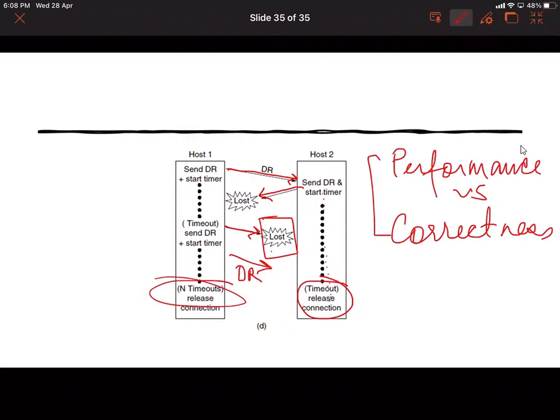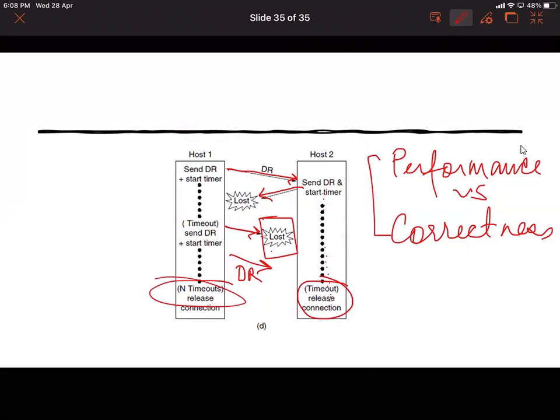Connection release is comparatively simpler as opposed to connection establishment. In connection-oriented services provided by the transport layer, you first have a connection establishment process, and then finally a connection release process. For connection establishment, we follow the three-way handshaking protocol.